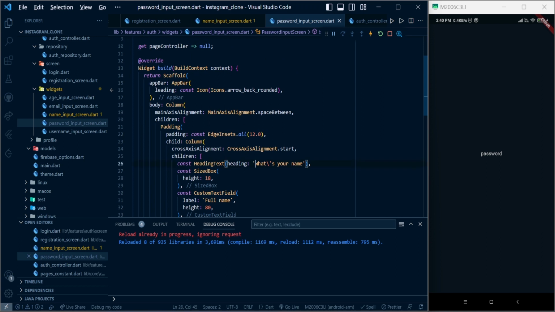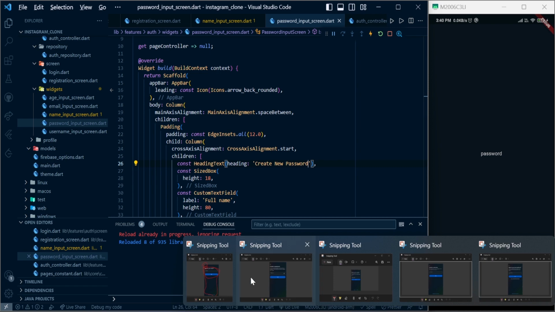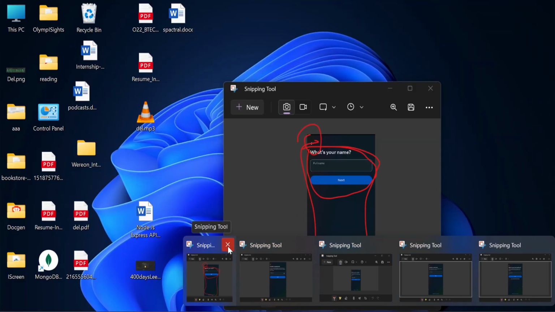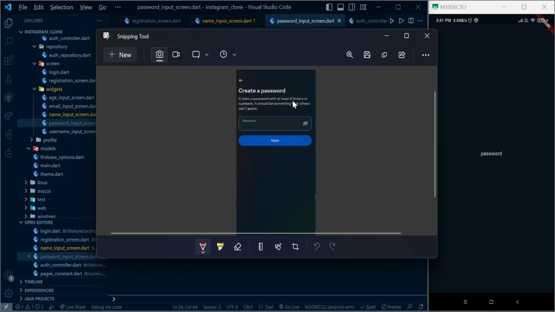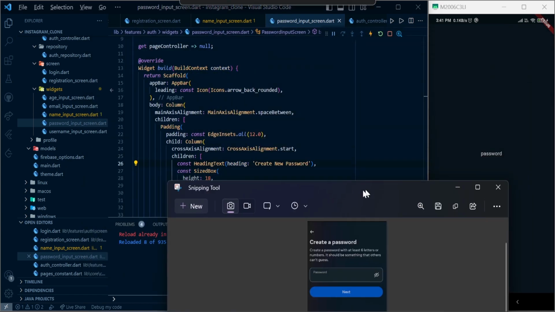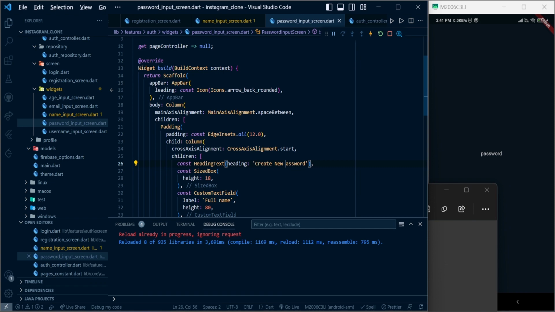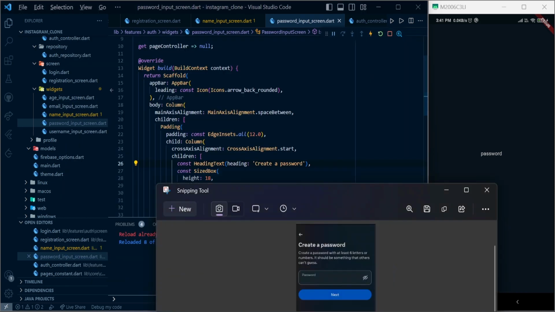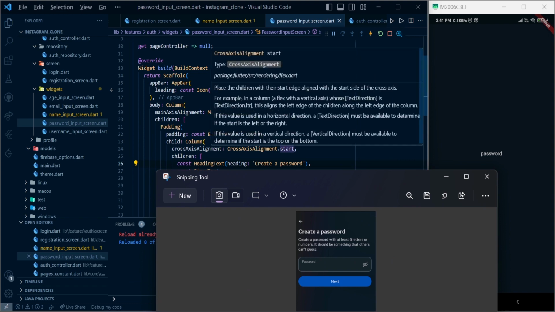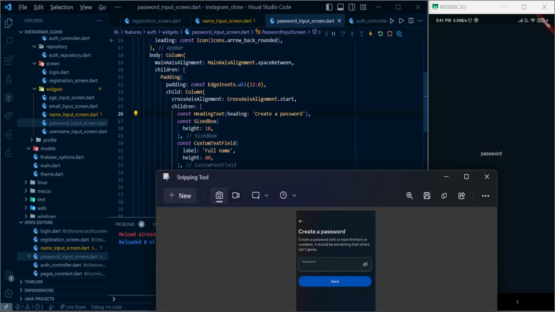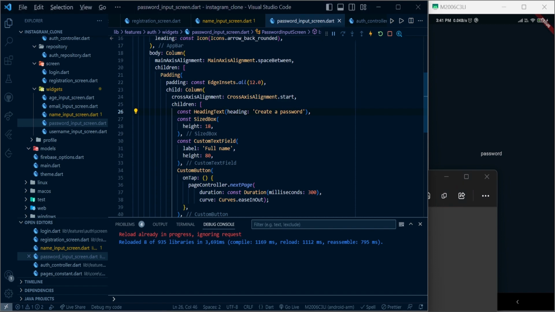And here, instead of "what's your name?", we need to pass "create new password." And let's see the text. Name controller done. We need to use this one. Create a password, and then we need a text below this, and for that we can use first, let's add a text,